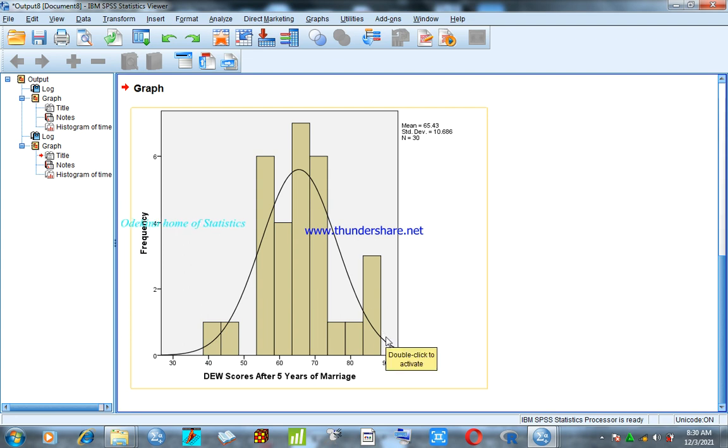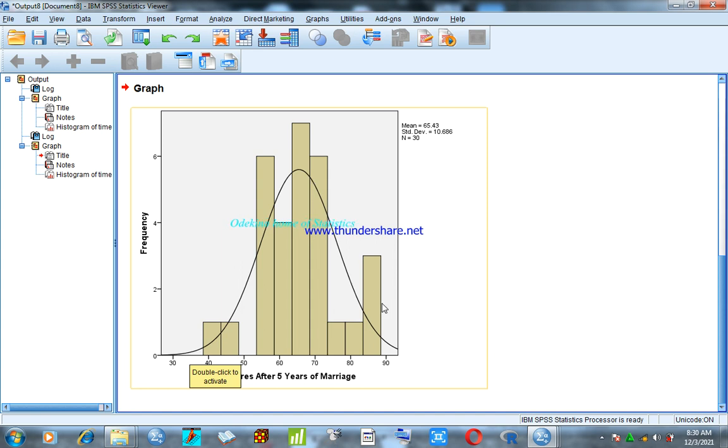For us to conclude that our data set is normally distributed, the normal curve must have the shape of a bell. Any deviation from this shows that the data set is deviating from normality. So this is one of the ways we can check if our data set is normally distributed or not through the use of the normal curve on a histogram chart.